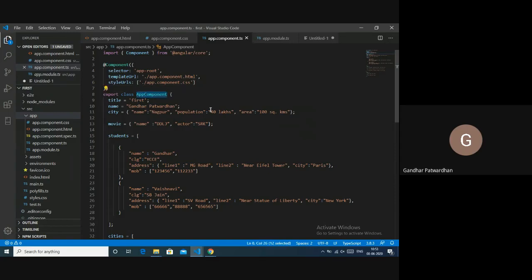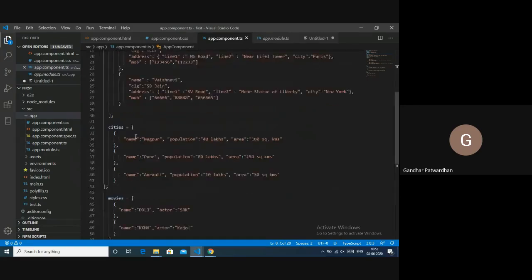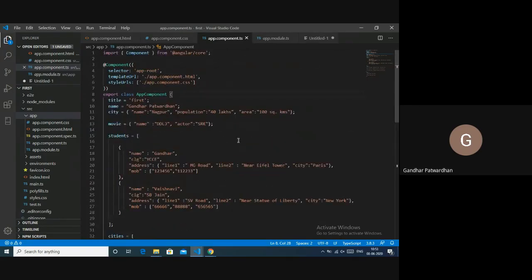Then we have export class AppComponent, and inside this app component we can declare data members and member functions. A class would have similar properties like any other class. It would contain data members and member functions. But understanding this is very important, especially the selector part. What is the job of a selector? If you remember, we saw this selector present inside the body tag in our index.html file.